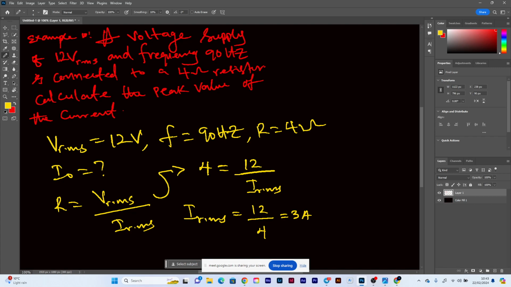Is that the final answer? Yes, sir, that's the final answer, right? But they say we should look for the peak value. So this is not a peak value, so we need to look for the peak value. If it is JAMB objective questions, JAMB will put 3 ampere to be part of the options. You are very correct. And if you are accidentally so excited that you've solved and gotten 3 ampere, you just pick 3 ampere,